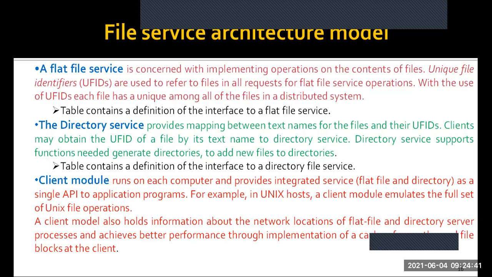And it also has the responsibility to create or generate the directories and to add the files to those directories. The client module is the one responsible for giving you the integrated service, supporting the API of the application, and not only providing the integrated interface to application programs, it also has to identify on the network where the flat file services and the corresponding directory services are available, leading to a well-implemented file service architecture